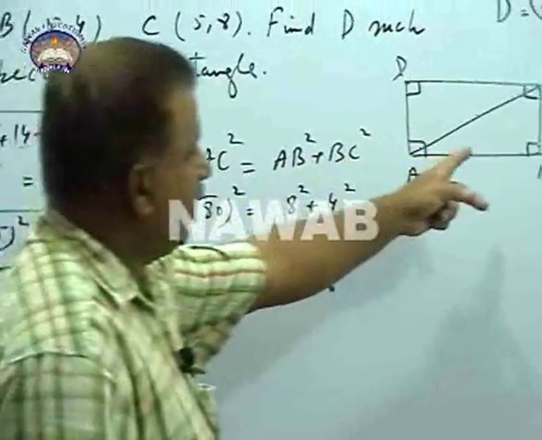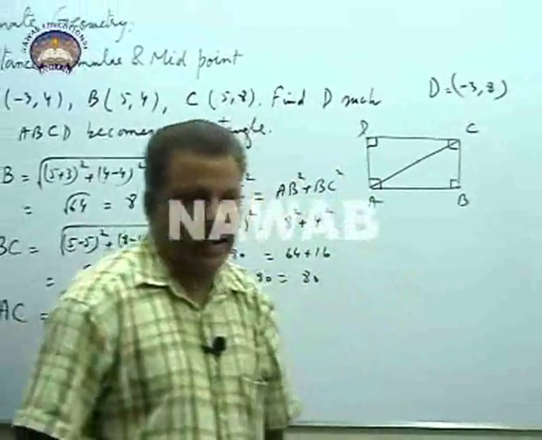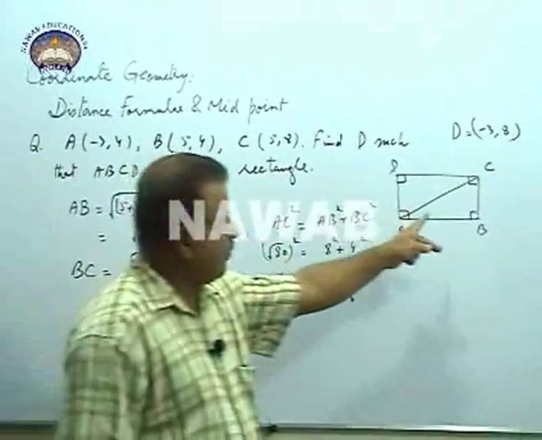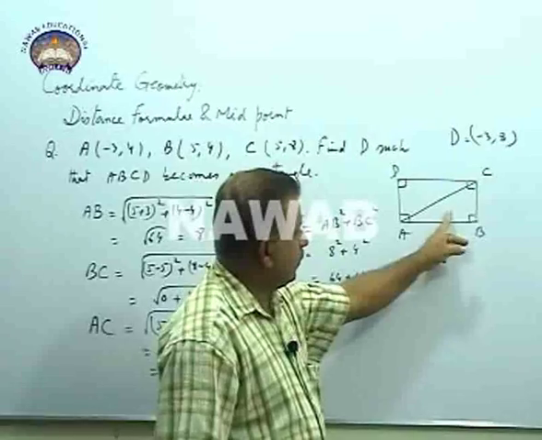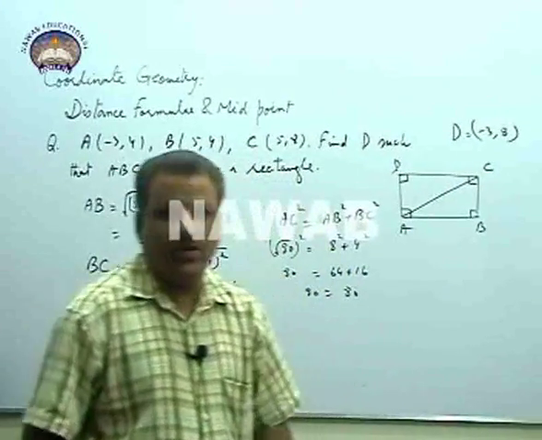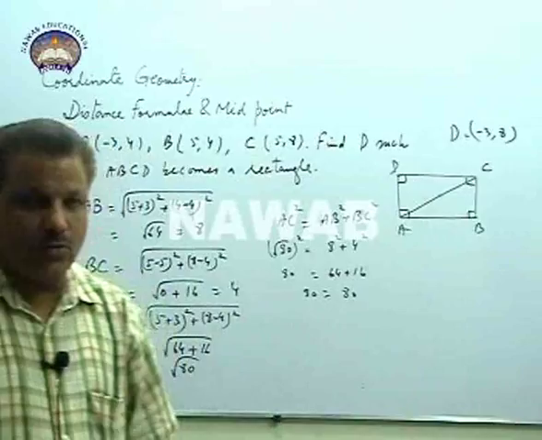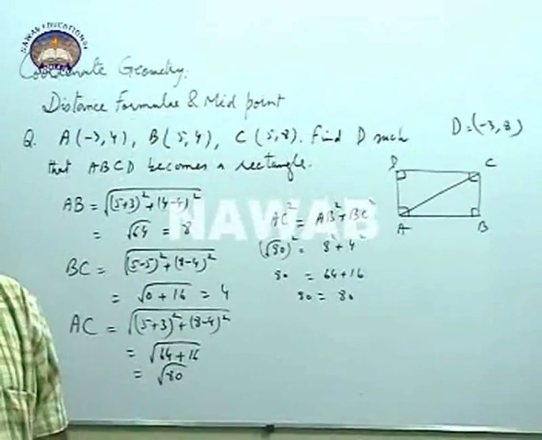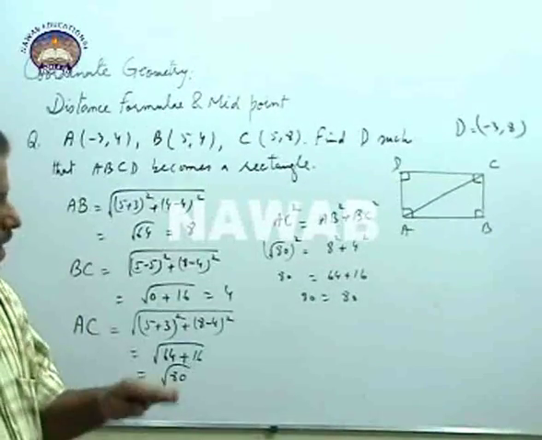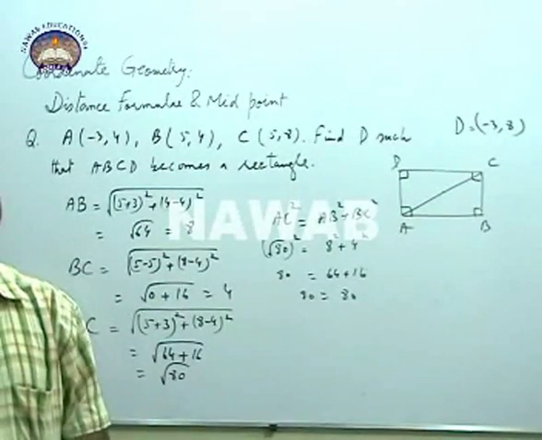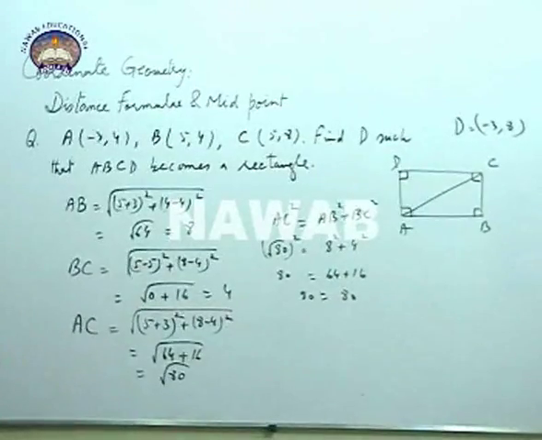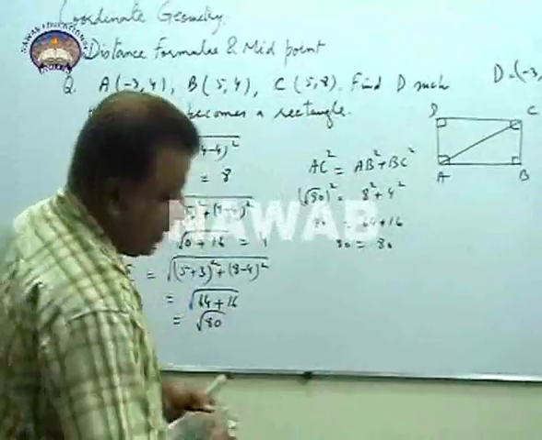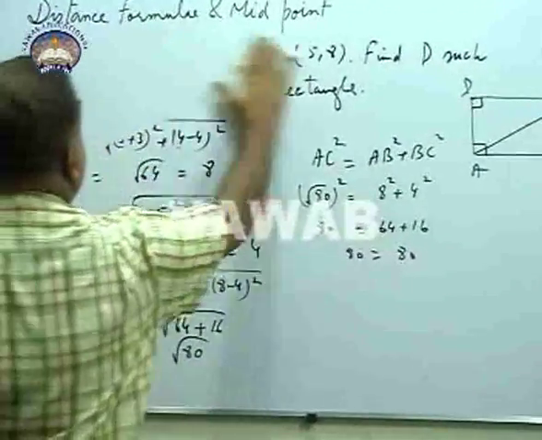It means this angle is 90 degrees, and hence we can conclude that this is a part of a rectangle, and therefore this quadrilateral ABCD is not only a parallelogram but it is a rectangle as well, because every rectangle is a parallelogram, but every parallelogram cannot be a rectangle. So therefore ABCD is a rectangle. We have proved this. Similarly, in the exercise